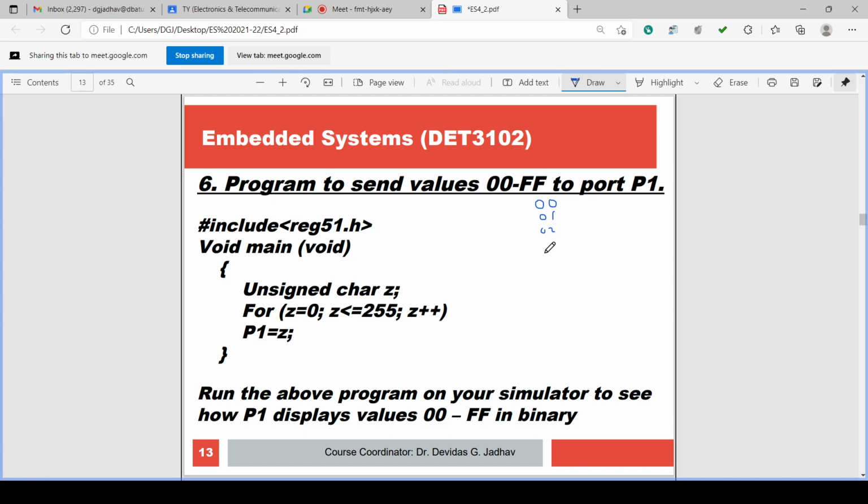If FF is outputted, all the pins of the port have 1111 1111, and the pins will have a voltage of 5 volt each. All the pins are at 5 volt whenever we write FF on port P1.